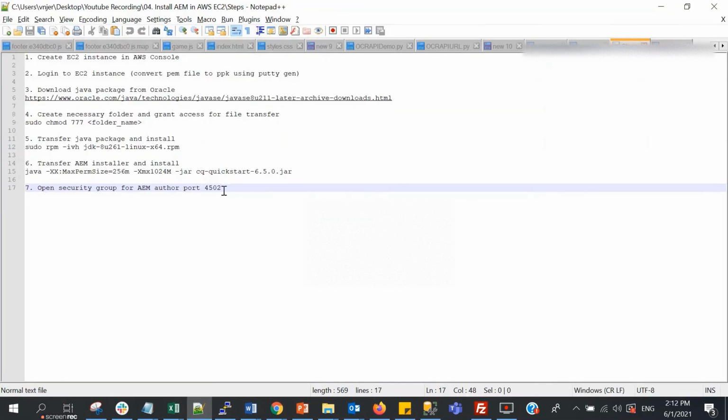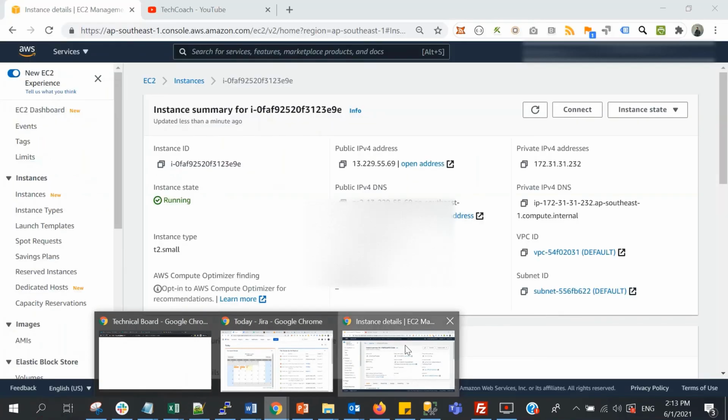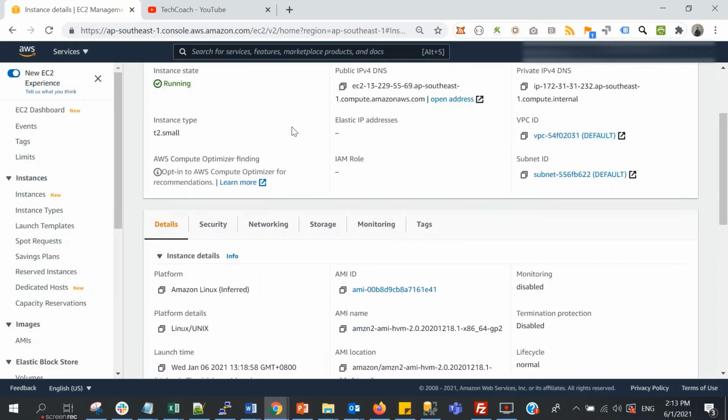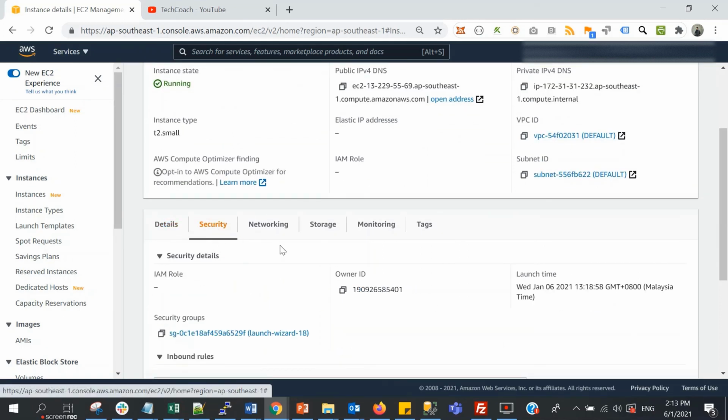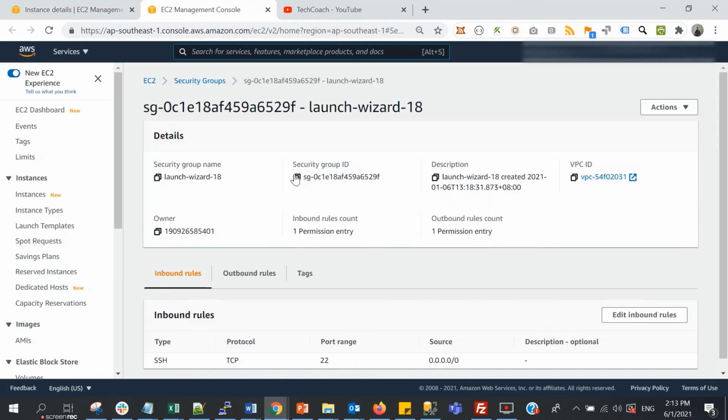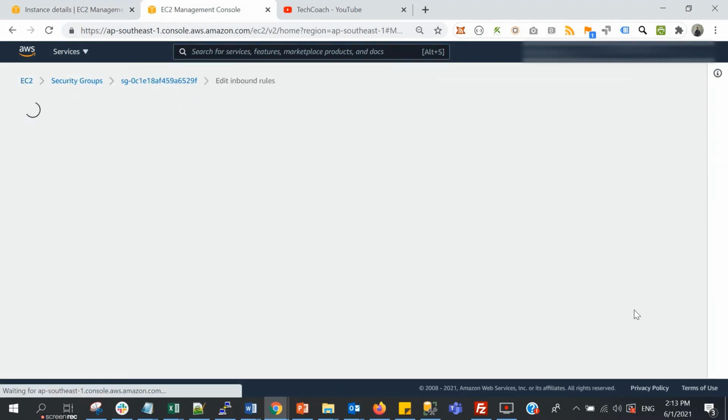The last step that we need to do is to open the security group for AEM author port 4502. If you are not using the default port 4502, then you need to open that custom port also in the security group. So go to AWS, and then in the security tab, we can select the security group and edit the inbound rules.